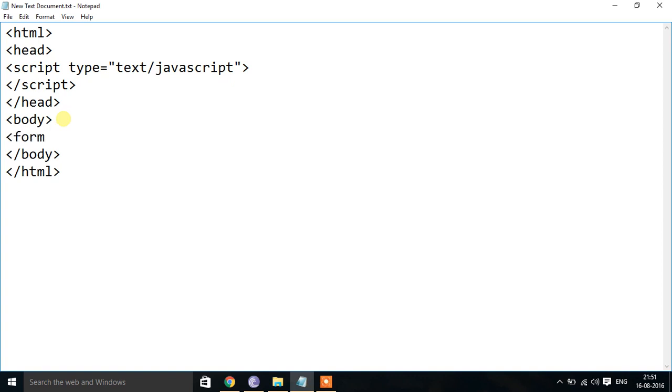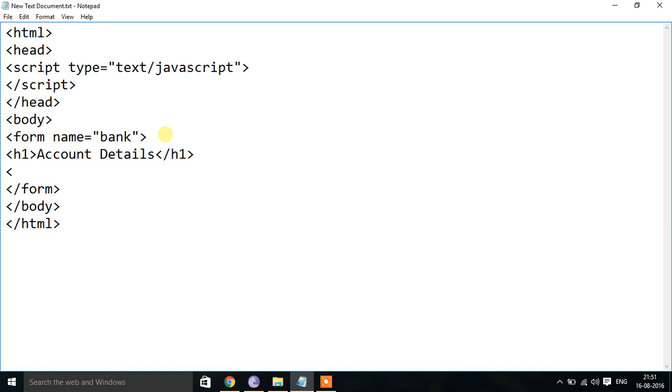So now I am going to create a scenario, like I am going to create a form. For the form, I'll give a name, form name equal to bank. Then I will be closing the form, slash form. So I am going to get some account information. For that I will be giving a heading like account details, then slash h1, ending that.